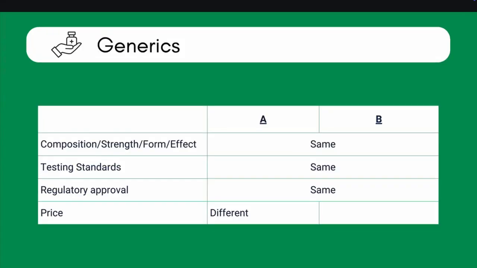Okay, so basically generics are similar in composition, strength, form, and effect, and they also go through the same testing standards and regulatory approval. The only major difference is pricing. The pricing of generic drugs is lower, and that's where we come in. And there's a huge gap